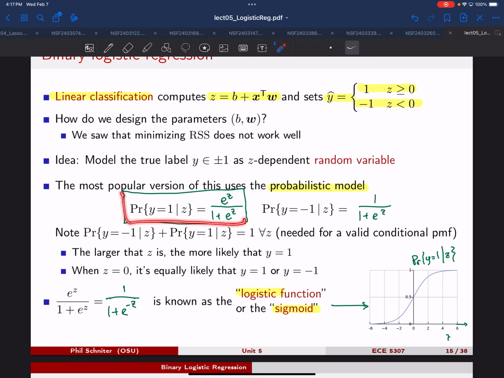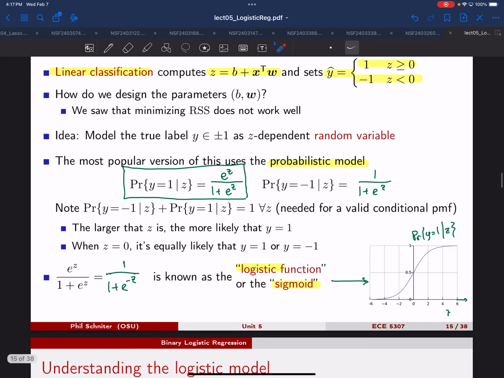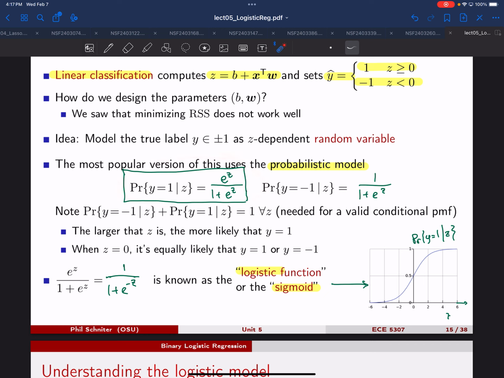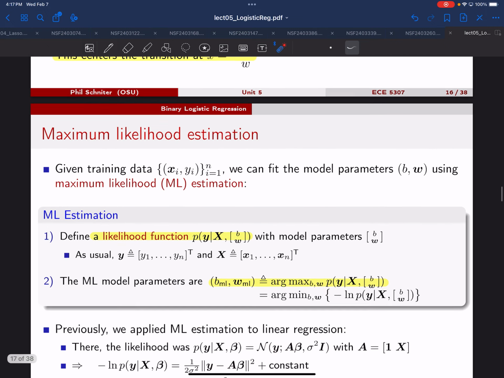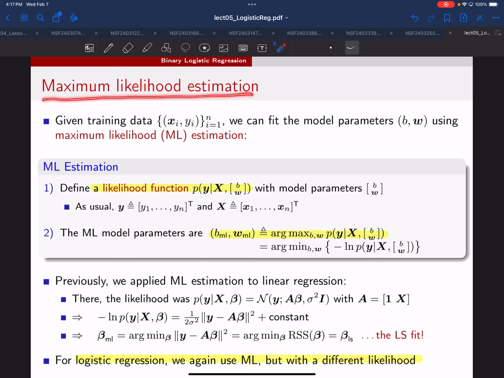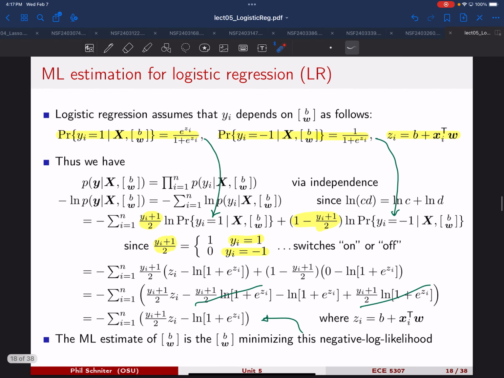So this is basically what we call the logistic model. This is the most popular one, but it's not the only one used for classification, and we'll see some other ones in future units. Okay, so then the question is, we have this model. How exactly do we turn this model into some procedure where we can design the weights, the coefficients? And what we said is we can just use maximum likelihood estimation, which we learned at the end of the last unit. And the way that this works is